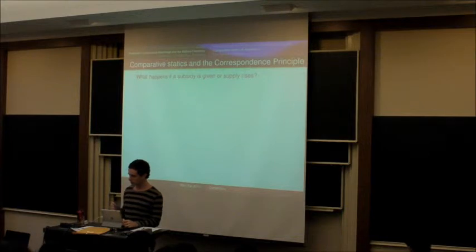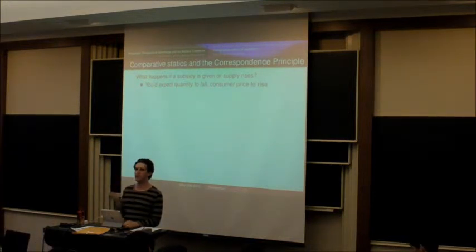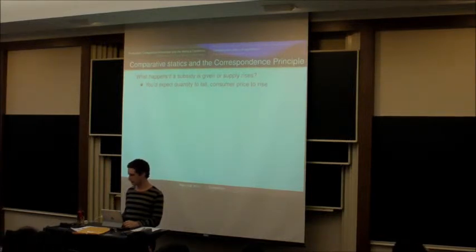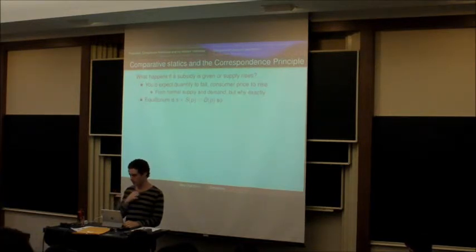Okay, so now I want to talk about comparative statics of equilibrium. And imagine that we increase the supply of a good in a market. We should expect that the price of that good is going to fall, right? And for normal supply and demand curves, that's exactly what you get. But I want to think a little bit more in detail about that now.